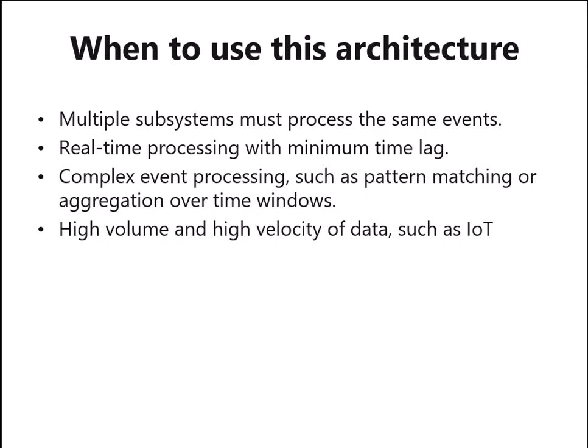So when there are multiple subsystems, like in distributed computing, where, as we explained in quite some detail in the last video, distributed systems consist of many systems, but for the user it is like one system. So when there are multiple subsystems of one system, and they must process the same events,